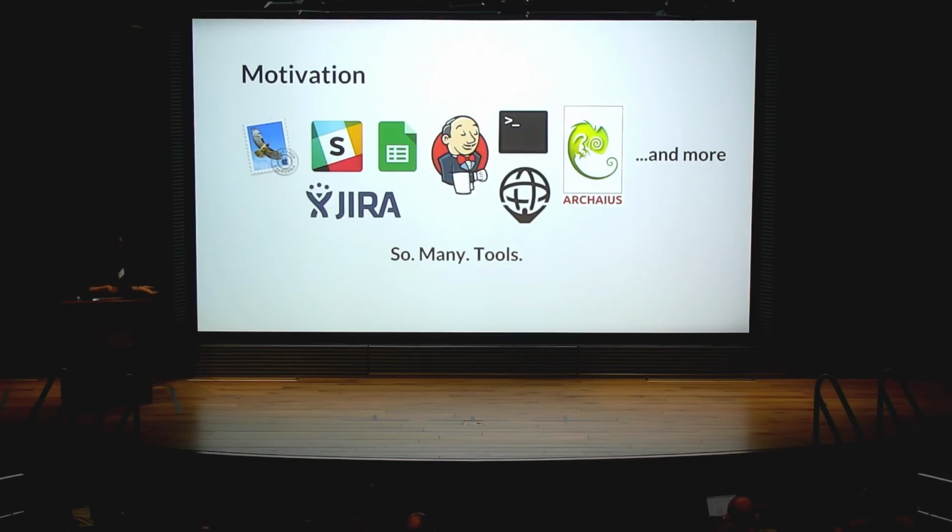Requests for new clusters and changes used to come in through emails, Slack messages, Jira tickets, and so on. Customer data used to be managed in Google spreadsheets. And then automation was running in Jenkins jobs, SSH scripts on instances. Alerting used to be in our Atlas alerting system, dashboards. And then there's Archaeus, which is our configuration management store. So lots of these different tools, right?